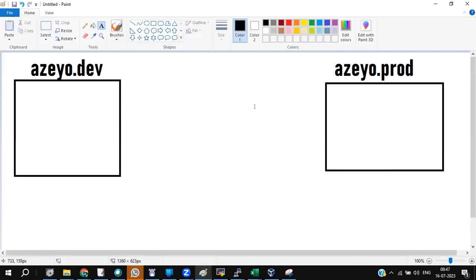This is my dev bucket. That is my prod bucket. So I have a source data sitting up here, and I have a source data sitting up here. Both have source data, SRC and SRC.